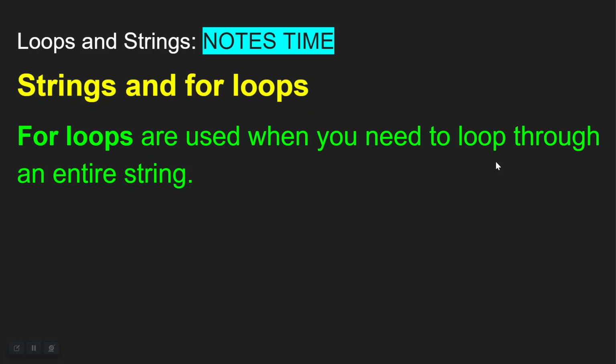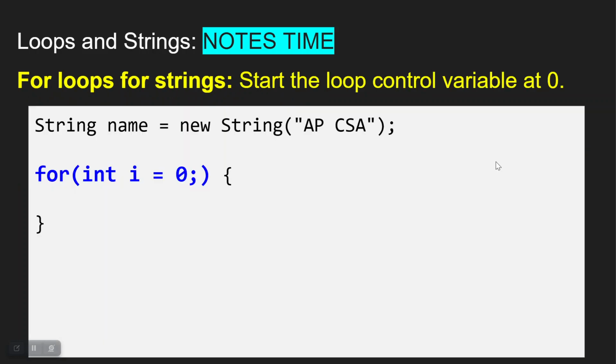And when you do a for loop to loop through a string, you're going to follow a basic pattern, and we're going to alter our syntax. So here we go: String name = new String("AP CSA"). Let's say I needed to loop through this string and check each individual character for something. The way I would do it is I would start a for loop like usual. I would say for (int i = 0;